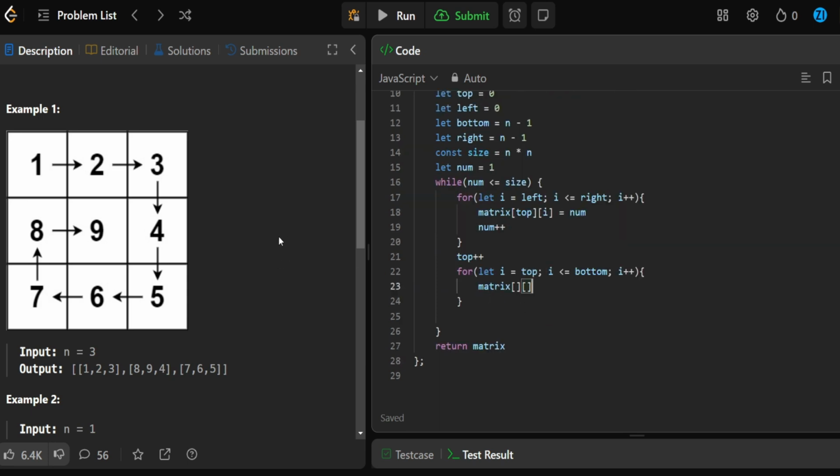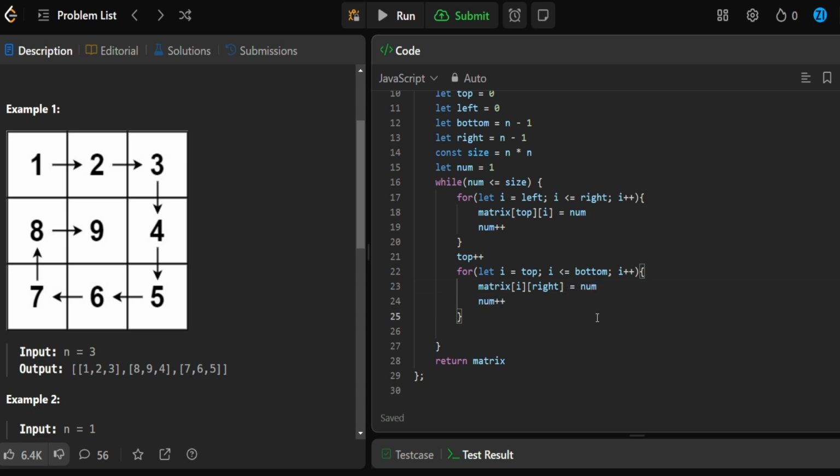Well, if we check, our row is gonna change. We're gonna go from the first row, last column, to the second row, last column, then to the third row, last column. But our column is gonna stay consistent, and our right variable is basically equal to the index of the last column. This is literally the rightmost column, and our right variable is equal to the index of that column. So we're gonna say column should be right, and it should stay consistent because we only go through one column, but our rows should be dynamic, so this should be I, because we change our rows on each iteration of our loop, and then this should be equal to num, and we're gonna update num